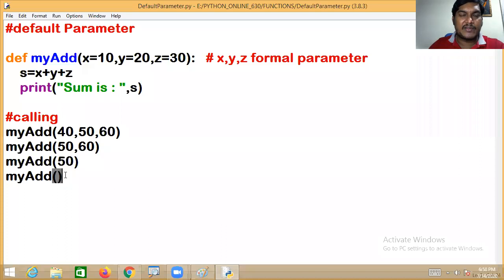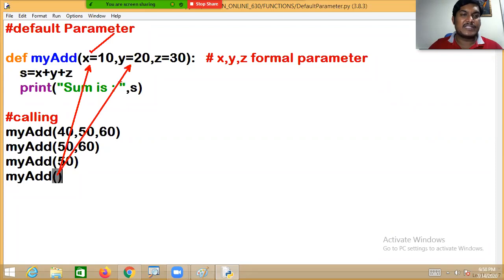In the last scenario, I'm not passing any argument to the first, second, or third parameter, so the default parameters are taken.